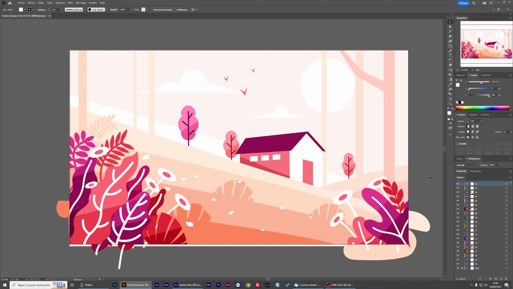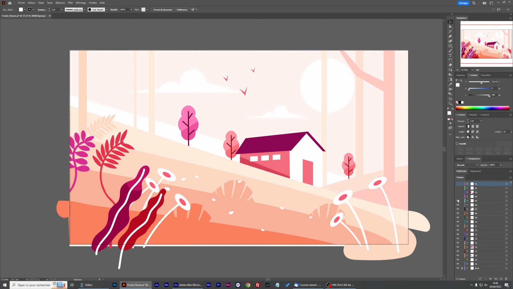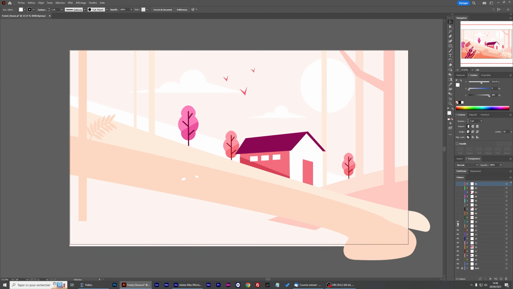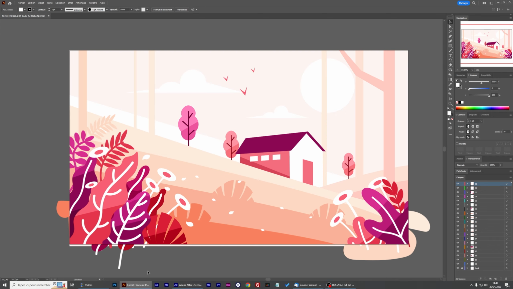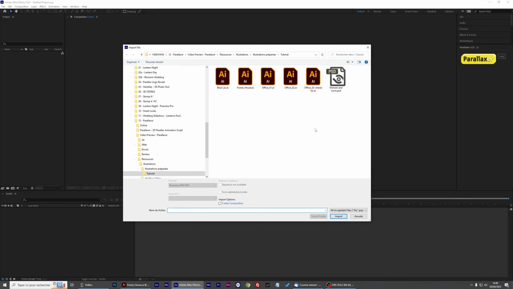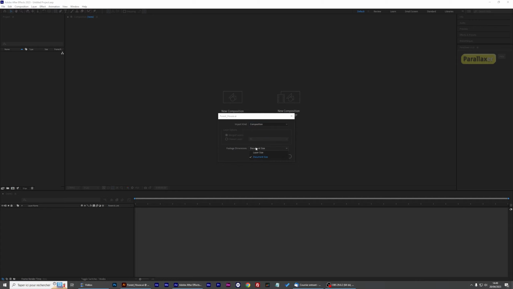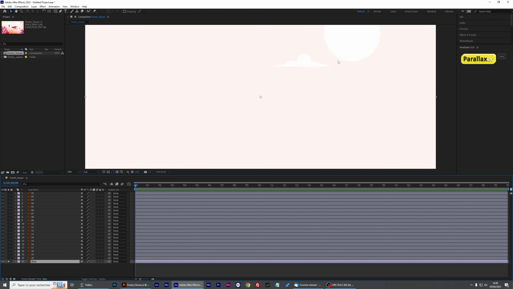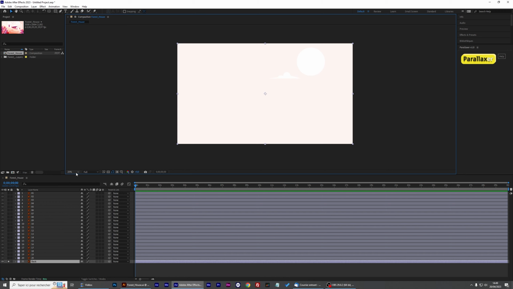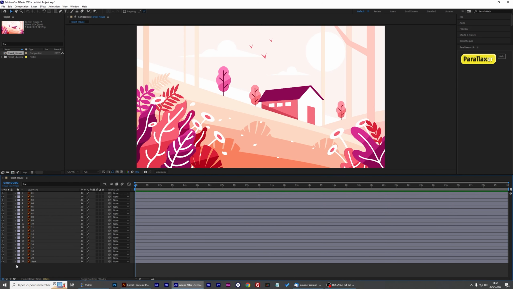For the second example, I spent a lot of time separating all the layers to show you guys that with Parallaxer you will be able to animate this scene in 3D in seconds. I'm going in After Effects, I'm going to import it as a composition, footage dimension in document size, okay. And I'm going to do something here: my last layer, named Back, with the sun and just color in the background, I don't want it to be in 3D. So just lock the layer, and Parallaxer will understand that it doesn't have to work on this layer.